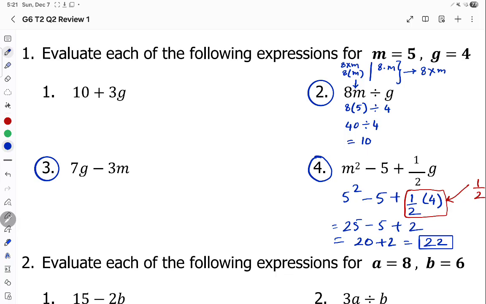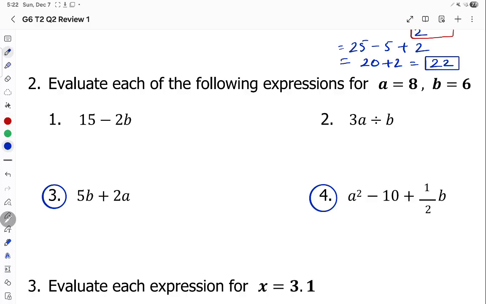Okay, the third one, 7g minus 3m. Actually, you can do this by yourself. Just replace the value of g as 4, replace the value of m as 5, and solve it. You will get the answer. It's pretty easy. Let's go to the second